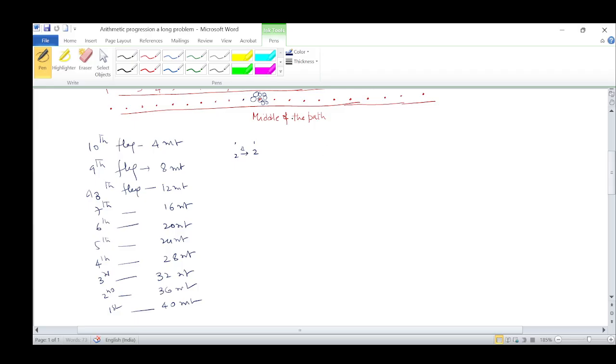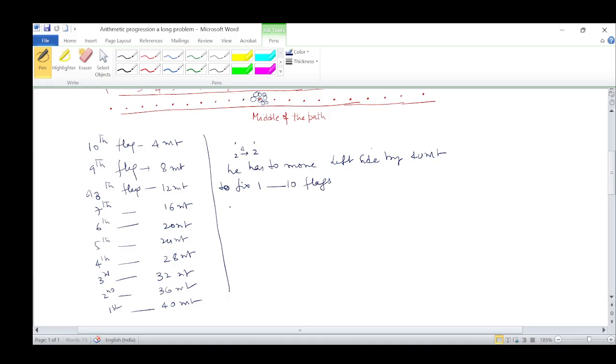Now you find that from this side again 12, 13, 14, 15, the same thing will be repeated. So he has to move left side by 40 meter to fix 1 to 10 flags,